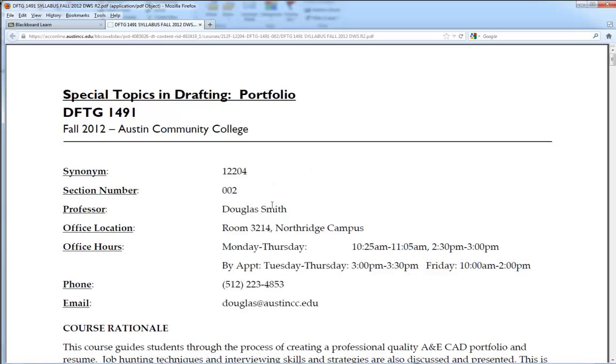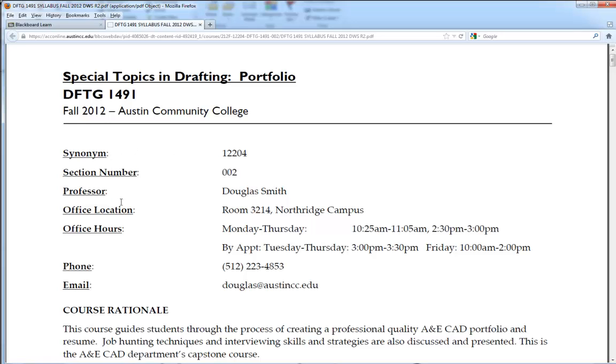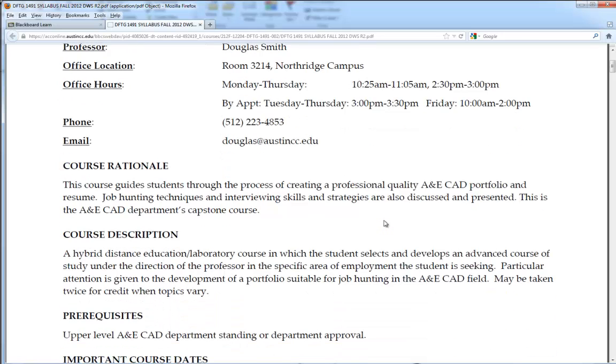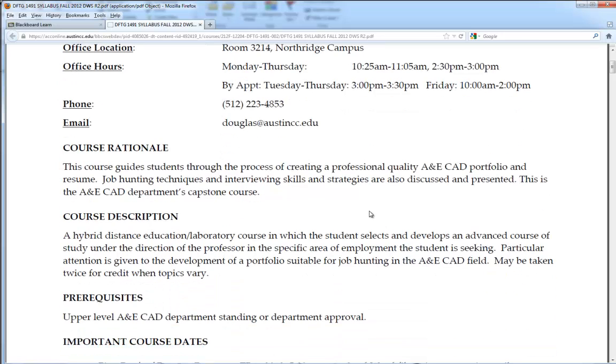This will give all the information, just like a typical syllabus does, about who your professor is, where their office is located, and what their office hours are, and how to get in touch with them, which you can see right here. It will also cover the standard parts of a syllabus, things like the course rationale, course description, and any prerequisites. Now, the only prerequisite for this course is upper level A&E CAD department standing, and there's a good reason for that,